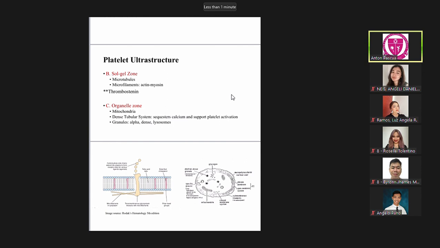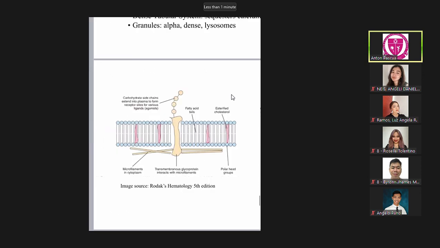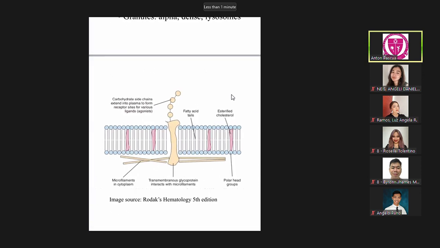Okay? So this is technically the structure of your platelet. So meron kang phospholipid, meron kang cholesterol that supports the structure of your platelets, and at the same time, you have your microtubules and microfilaments that will then facilitate the shape of your platelets. And then along the way, you have different proteins and you have different